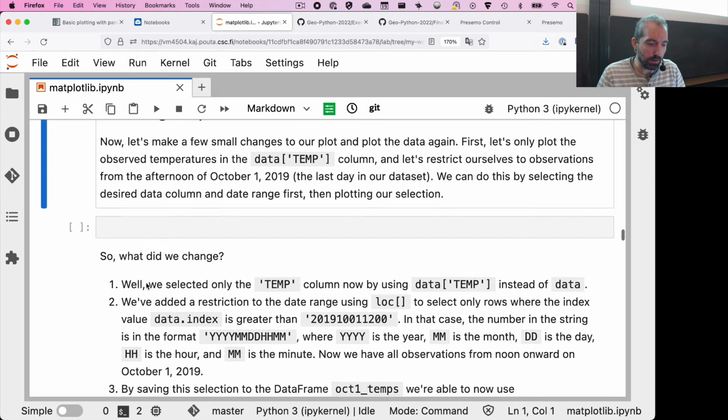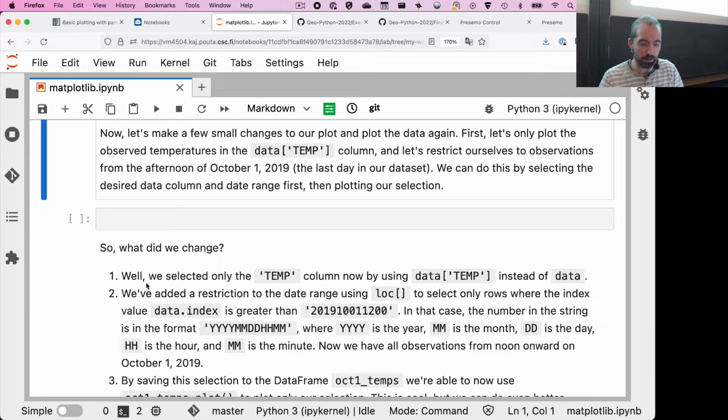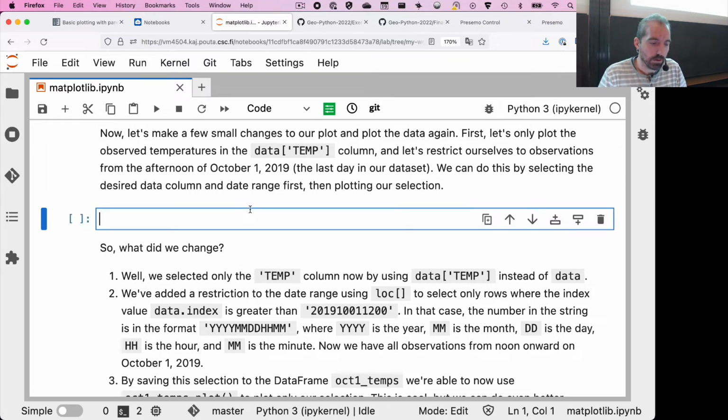All right, let's now take a look at some ways in which we can start to zoom into the data that we have and also manipulate our plot to do some formatting. Here, let's just take a look at data from the afternoon of the 1st of October, 2019, which is the last day in our data set. We'll do this by making a selection of the data where we say oct1_temps equals data, and then we'll just grab things from the temp column of our data frame